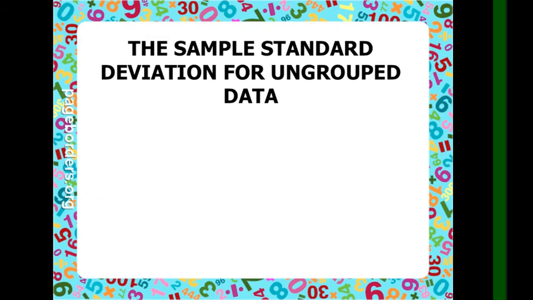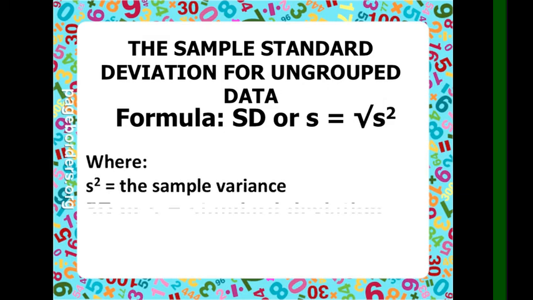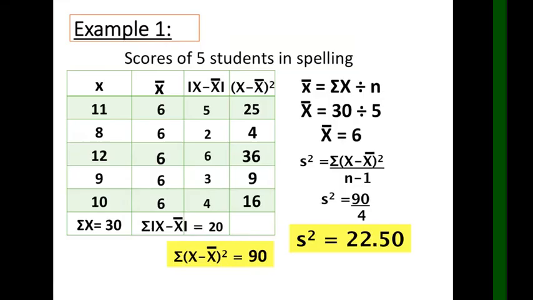Next, the sample standard deviation for ungrouped data. For this one, we will use the scores that we got in the variance. Why? Because the formula for this is just square rooting the result of the variance, or S equals the square root of S squared, where S squared is the sample variance, SD or S standard deviation. So we have here our given sample a while ago, wherein we have scores of 5 students in spelling, and the variance is equal to